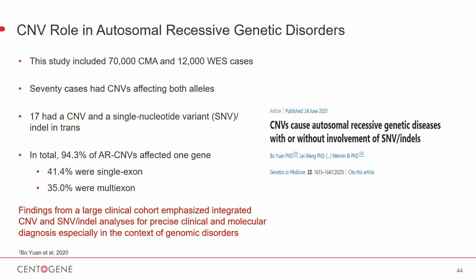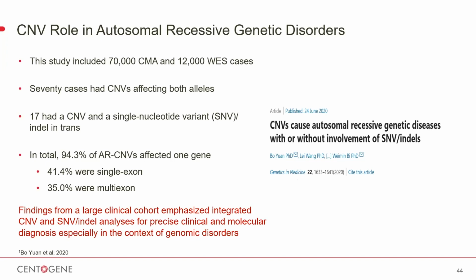The third publication and the third slide are very interesting and very important, because the title is very striking: the role of copy number variants in autosomal recessive genetic disorders. It changed the old concept that most of us have regarding the correlation between copy number variants and chromosomal disorders. This is not true. Copy number variants have a role even as very small deletions, and in autosomal recessive disease at the level of the gene.